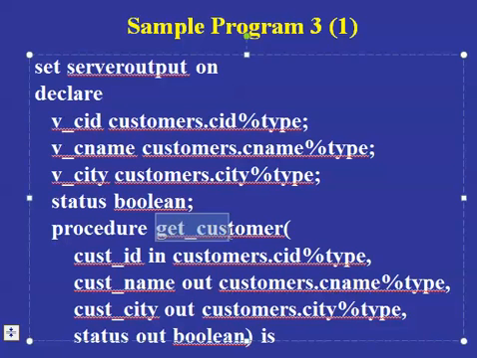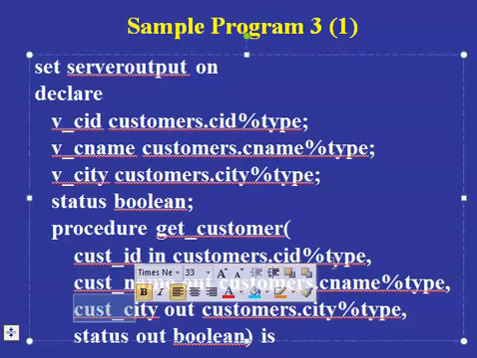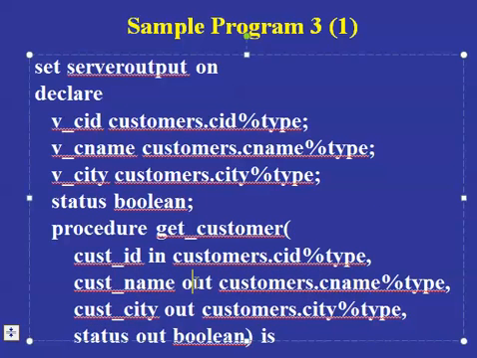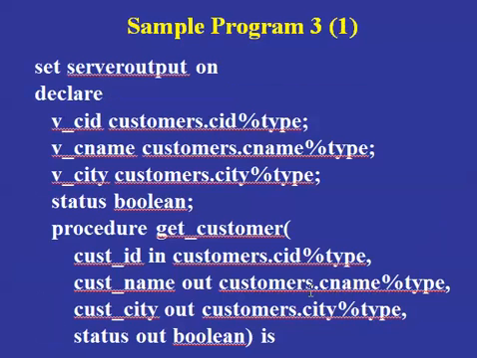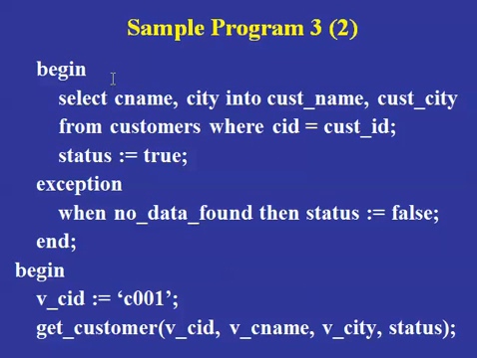So the procedure is for the customer, and for that we get as parameters customer ID, customer name, customer city, and look at what we got: in, out, out. That means we will provide the ID, and we're not providing anything for the others. We expect that once we execute the procedure, we will get back the name and the city, and then the status too. So there will be those three. Now the IS gives me local variables that I will need, but it seems that I don't need anything. Then I begin the